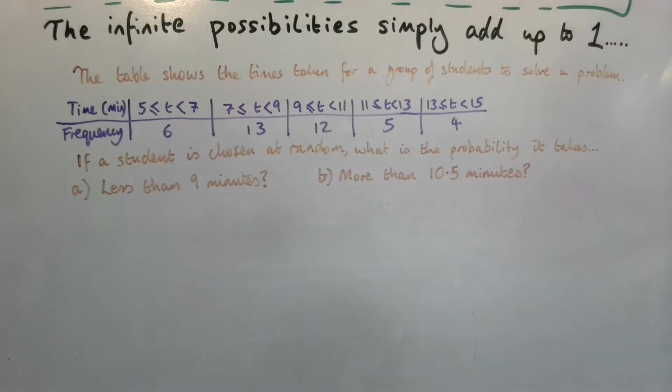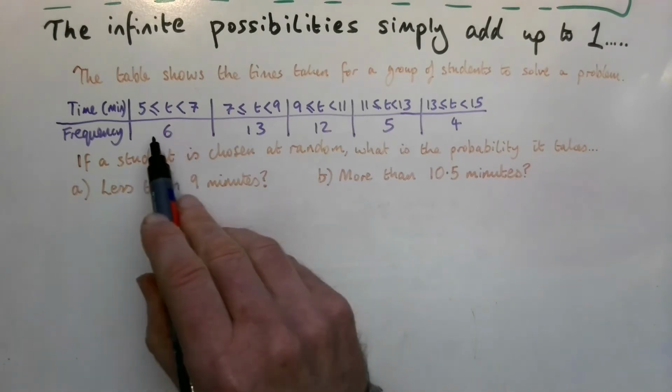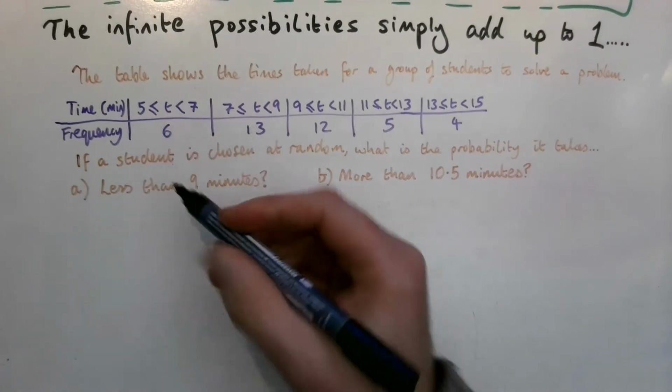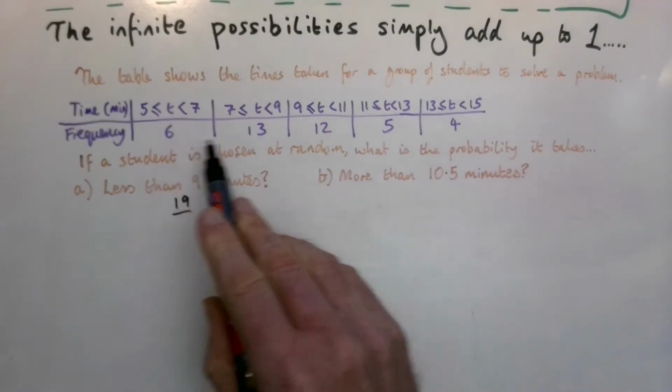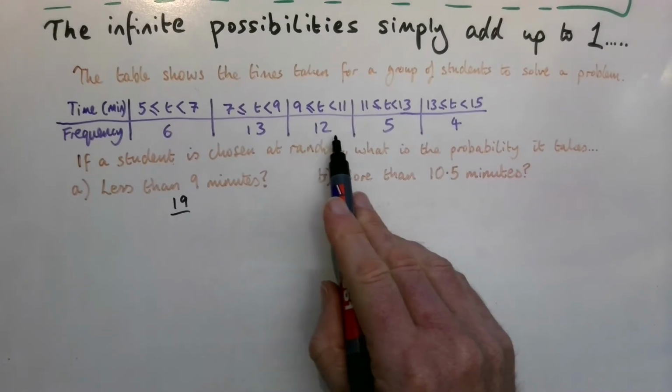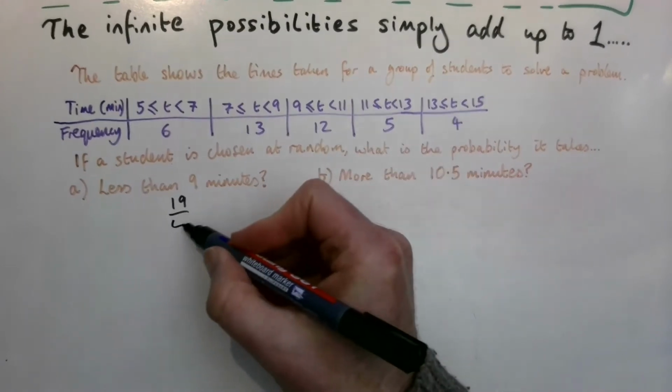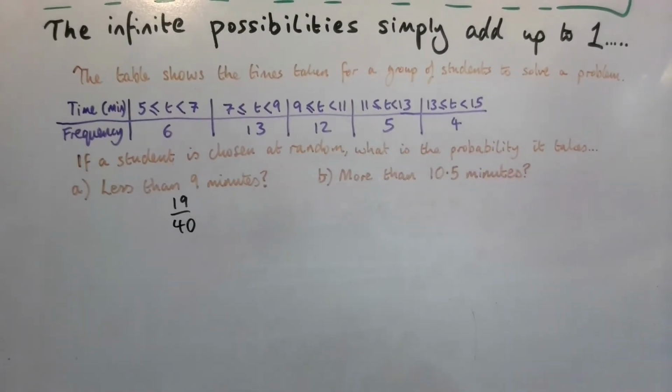Right, hopefully you could read what it was saying there. So the time taking less than 9 minutes, well, that's clearly these 19 here, the 6 there and the 13 there. So that would be 19 out of however many students we've got. So we've got 19, 31 plus another 9 makes 40. So 19/40 for part A. For part B,